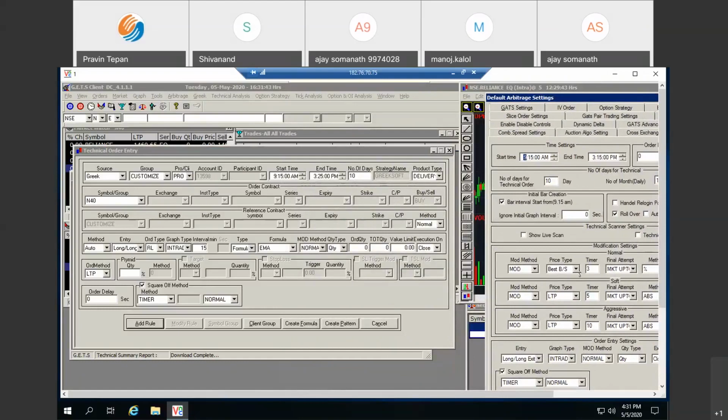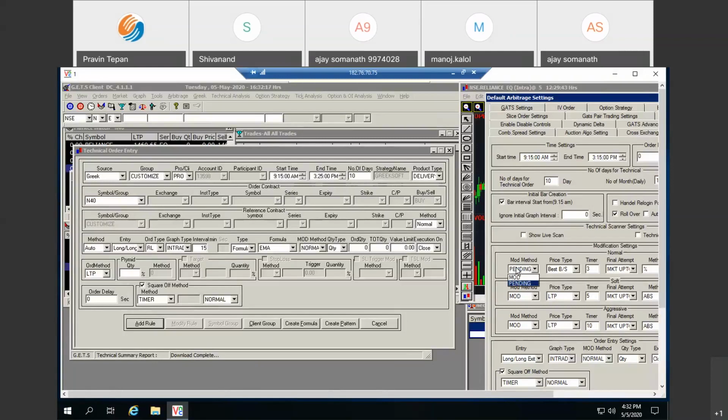Now here you can see the three rows: normal, soft, and aggressive. In all three, the rows are the same. You have to just enter the parameters according to your convenience. I'll just explain in one row, and similarly you can fill in the other rows also. So let's say your order is pending. How do you want to modify it, or do you want to just let it be pending only?